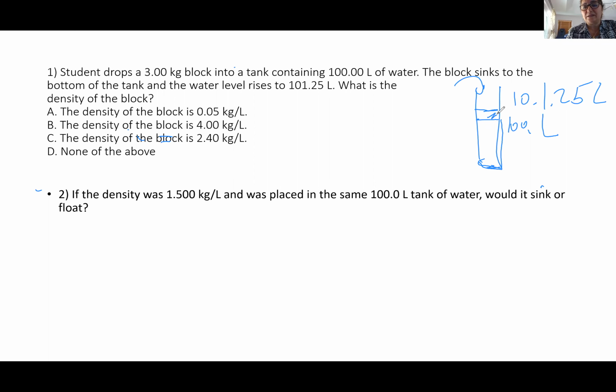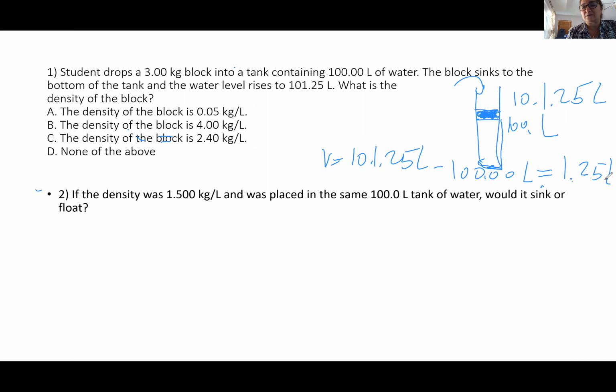The difference here, the displacement, represents the volume of the object. So the volume is going to be 101.25 liters minus 100 liters, and the answer is going to be